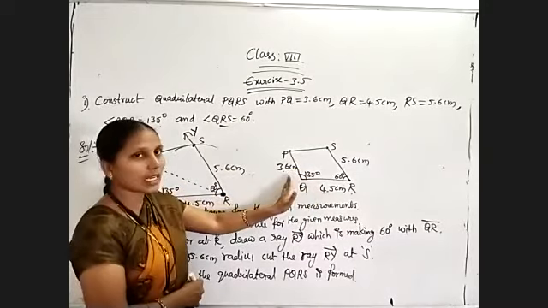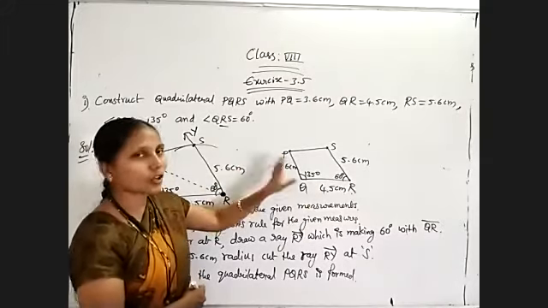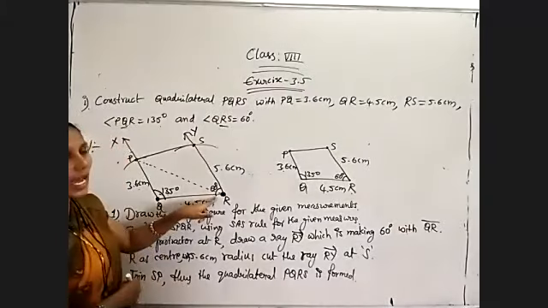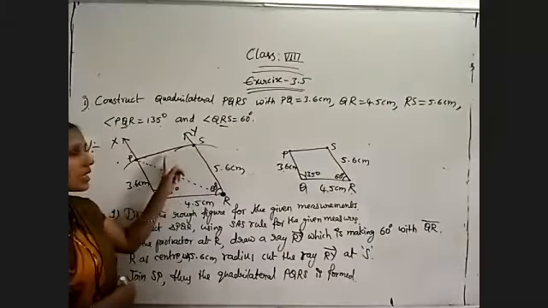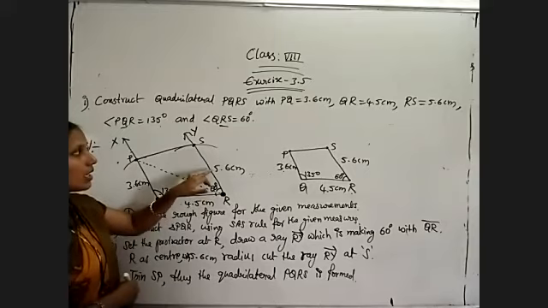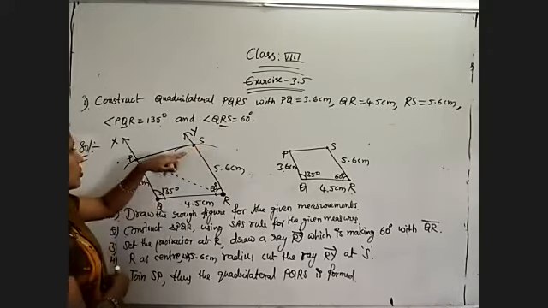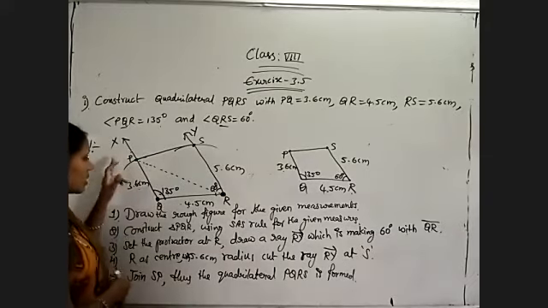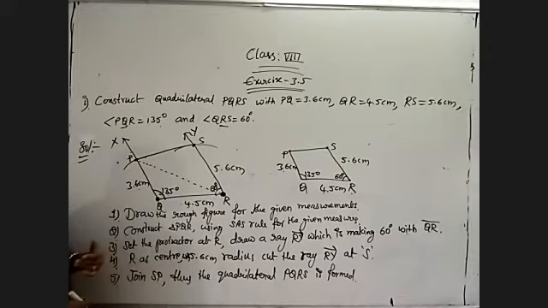Now construct angle Q and find P first, from which triangle PQR will be formed. After that, for S, construct angle R and with R as center and 5.6 centimeters radius, cut the ray RY at S. Thus we get the fourth vertex S also. Now join the third and fourth vertices P and S. Thus we get quadrilateral PQRS. That's it. Now coming to the second question.